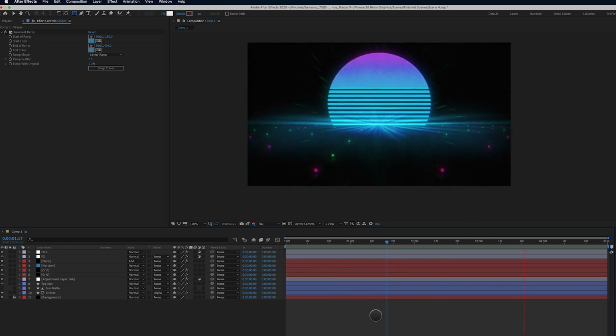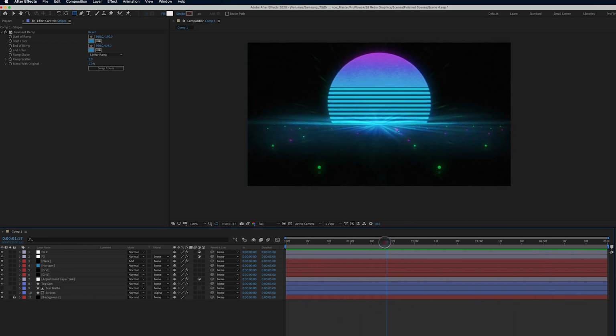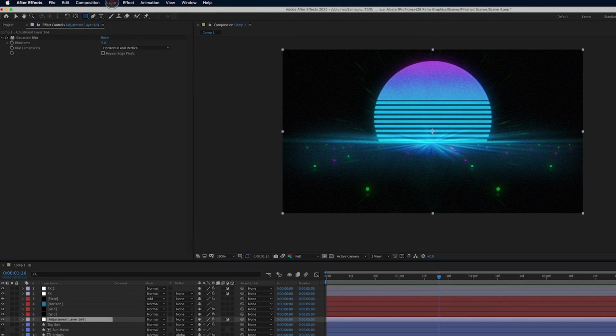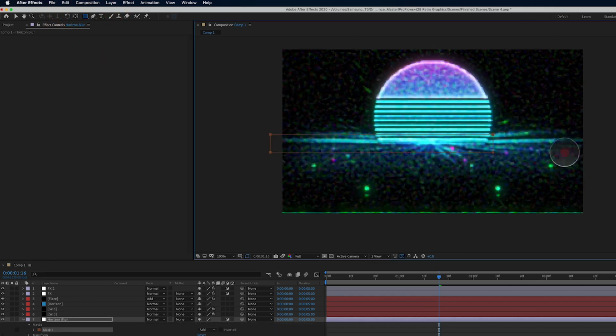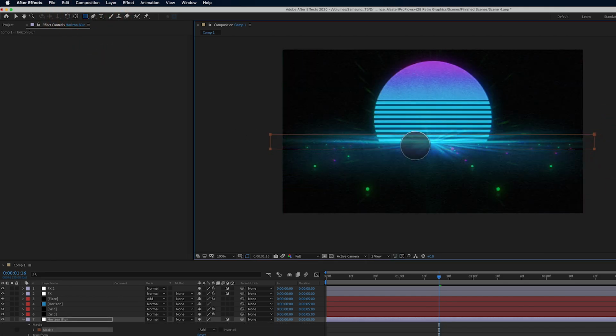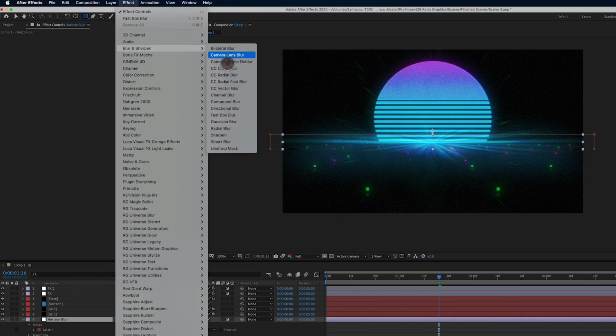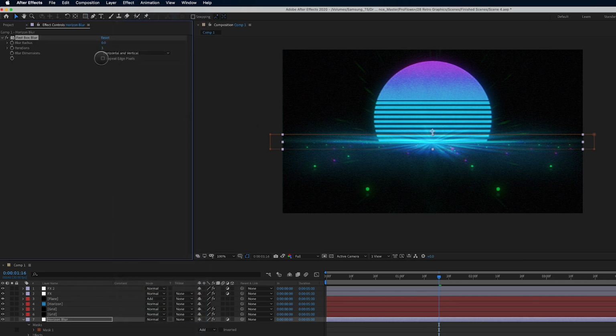Okay, so one final thing I want to add here. I know I keep saying that, but let's go in here and let's add a new adjustment layer, and we're going to call this horizon blur, and we're going to draw a mask just across here. Because I'm looking at this and the sun here, the edge of the sun really kind of bothers me how sharp it is. So we're going to go to effect, and we're going to go to fast box blur, and